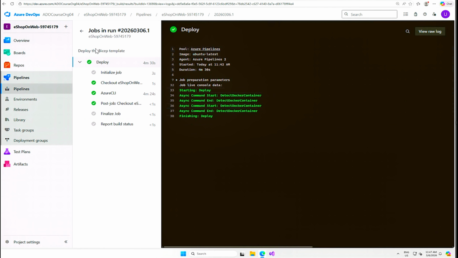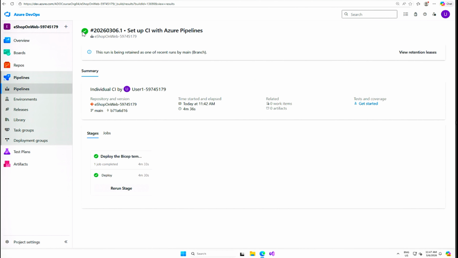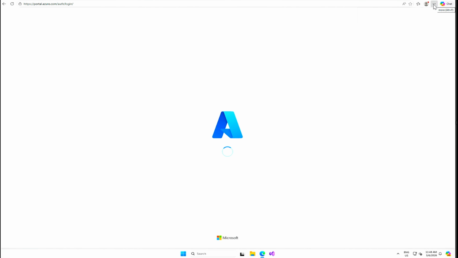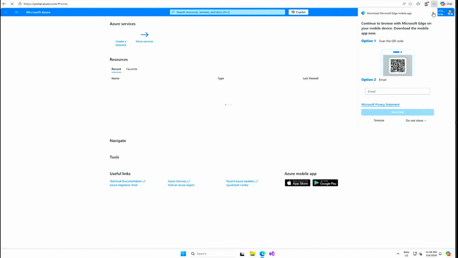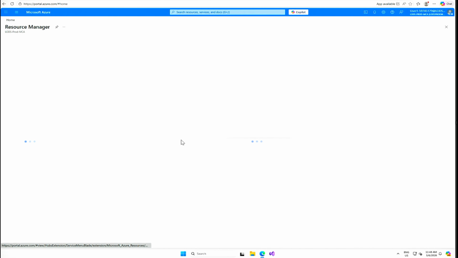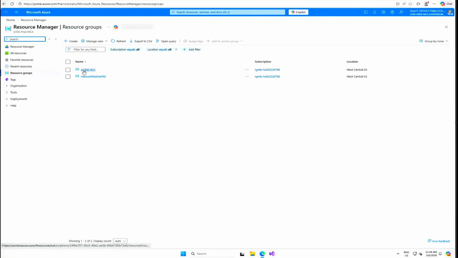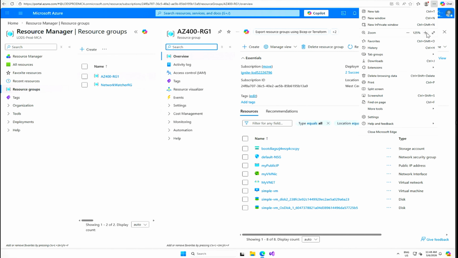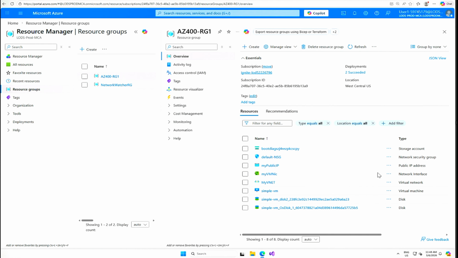The deploy has been completed. Now let's go to the portal. We go to the resource group. And we can see all services have been created. So here we have used our custom Bicep template and deployed